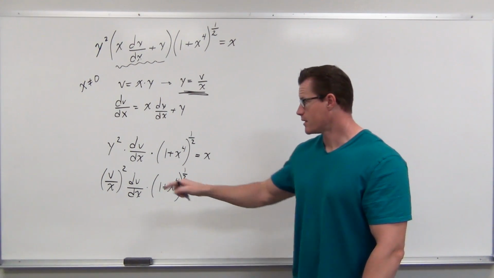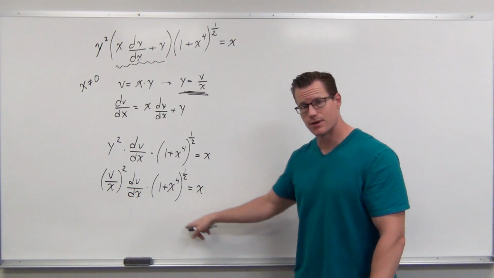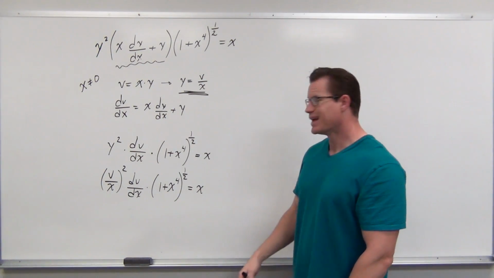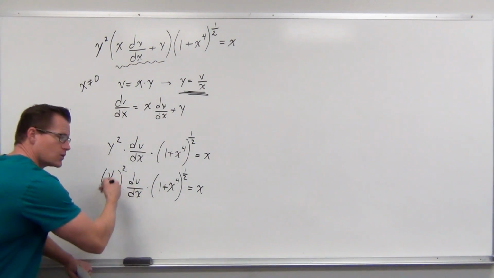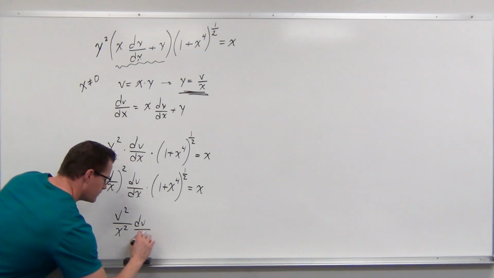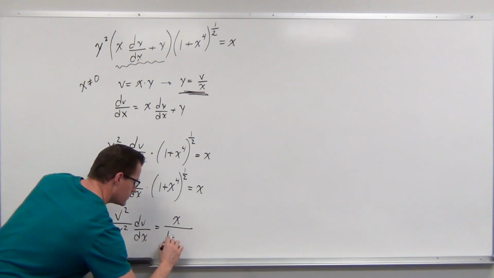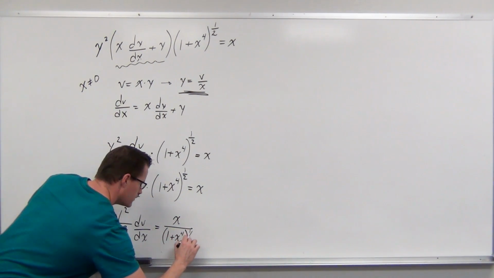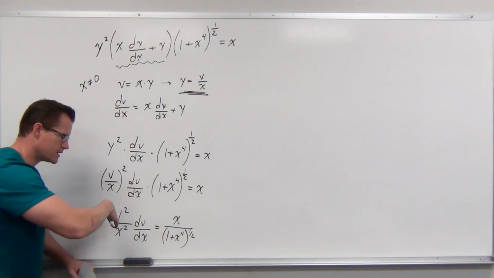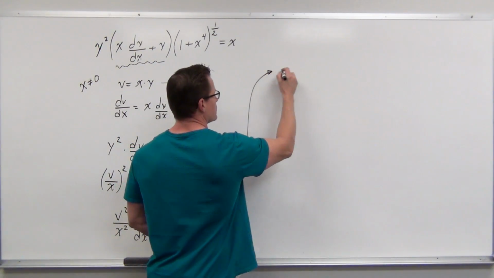So what we're going to look at is that's v squared multiplied by dv dx. That's great. We have an x squared that can be divided, and we have an x over here. Let's write this as a separable equation. We've already made our domain restriction, no problem. Let's just start simplifying. So v over x squared, we know that exponents distribute across multiplication and division. Let's divide this. Let's move our x's and our dx's to one side. Our v's and dv's are already on the appropriate side. So we're going to get this v squared dv